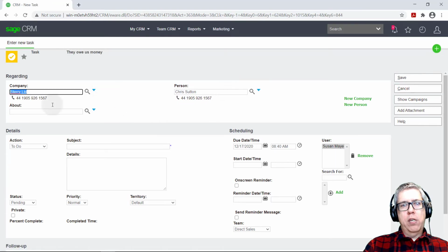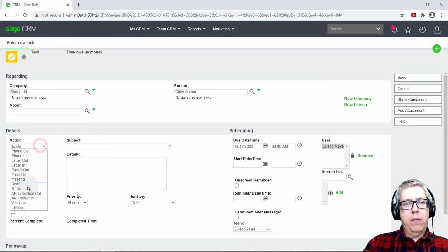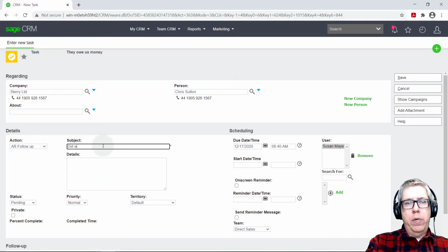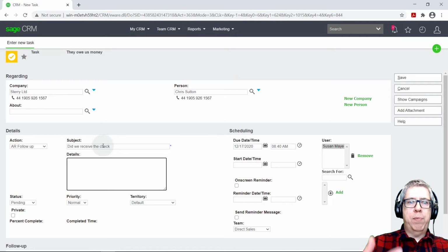And it immediately goes into a new record for Chris. And I'm going to make this my AR follow-up. Did we receive the check? And if you do these kind of things enough, you could actually automate some of these things. So if there's always certain responses that you're getting, you can make some automation. So it's a lot faster to record these responses, these common responses. I could say in here, he told me on 12/17 that the check was on its way.